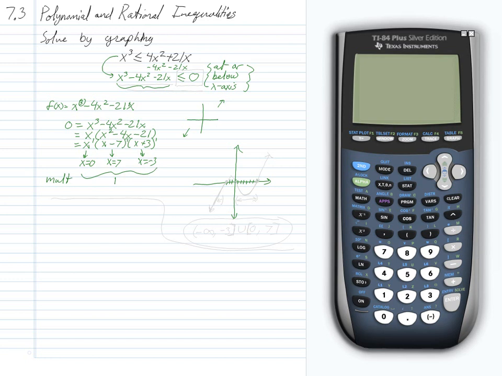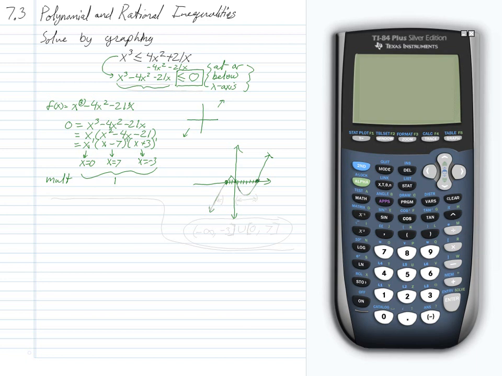So we have our end behavior going down to the left, and we will cross at the axis and then swing back down to hit the second x-intercept, crossing again and swinging up. So our graph this time looks fairly similar to the one in the previous problem, but the inequality that we're trying to solve is pretty much the exact opposite. We want to find where this is below or at the x-axis. So our x-intercepts are winners for us,